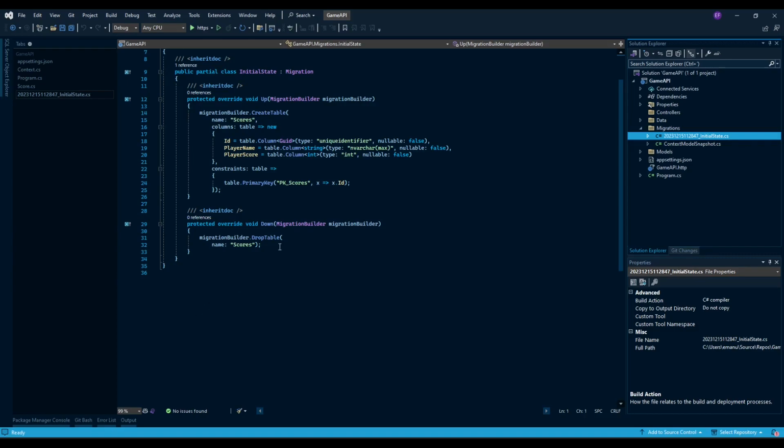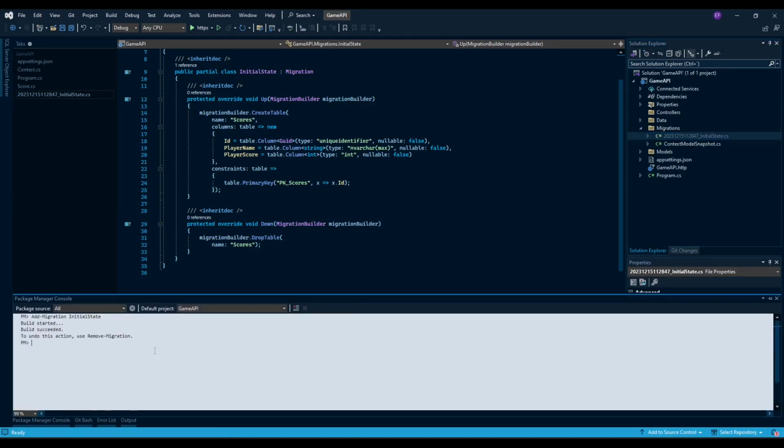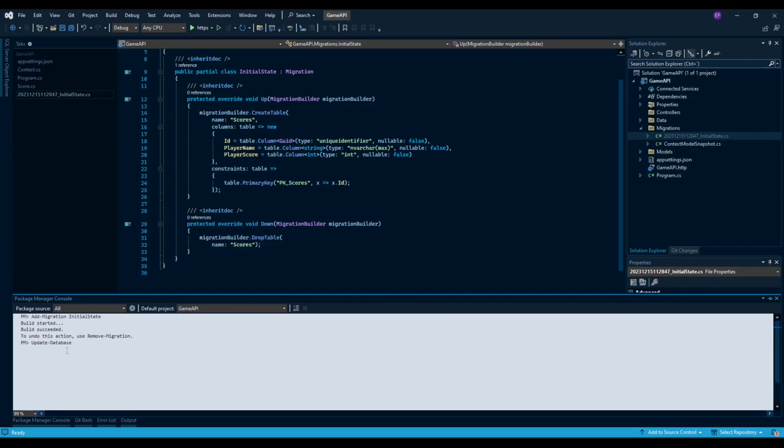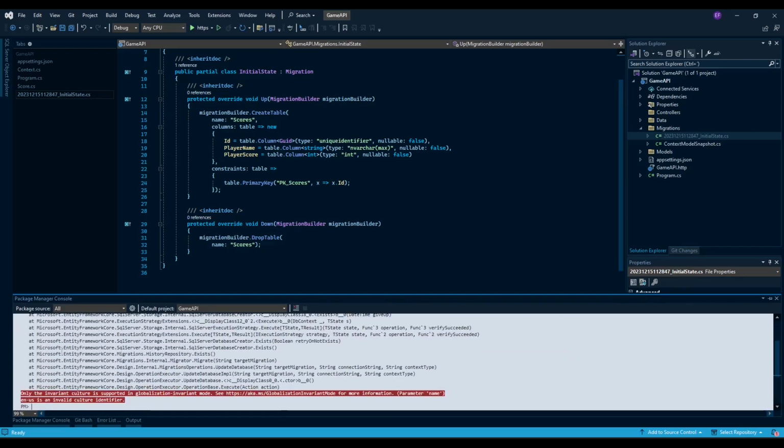So now that we have our migration created, we can go back to our package manager console, and now we can update the database. So let's do that. Let's see if we find the suggestion here. So update database and click enter, and we are getting an error here, and this says that invariant culture is supported. Okay, so